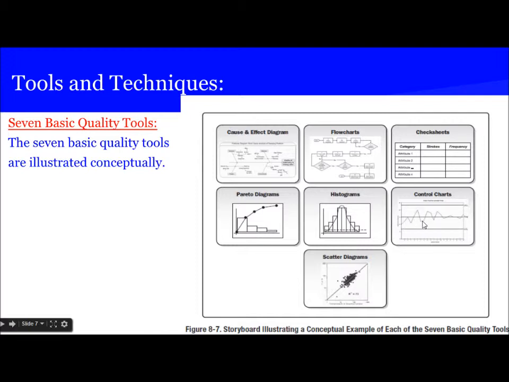And then we plot the points, and if the dots come outside the control limit, then we say that this is out of control limit, and this is an assignable cause. There is also a line for upper specification limit and lower specification limit. In this example, it is not shown here.